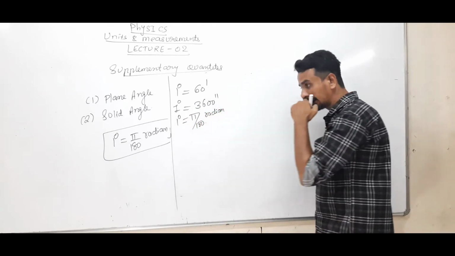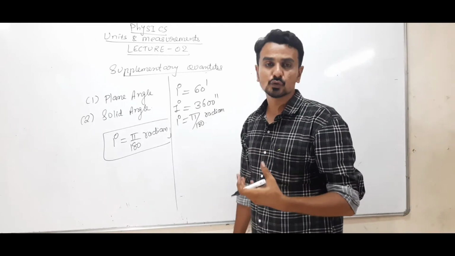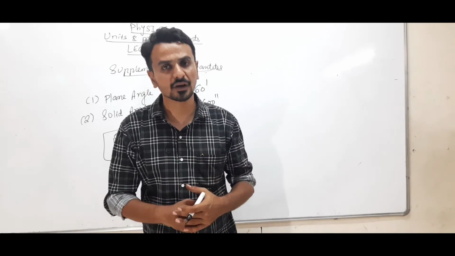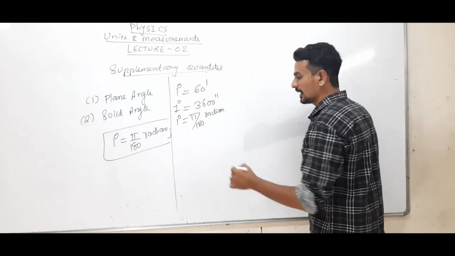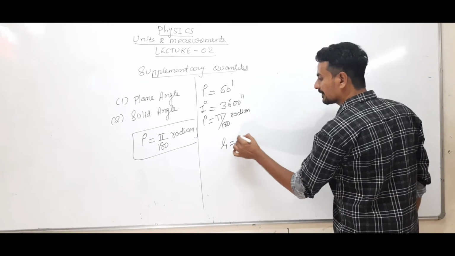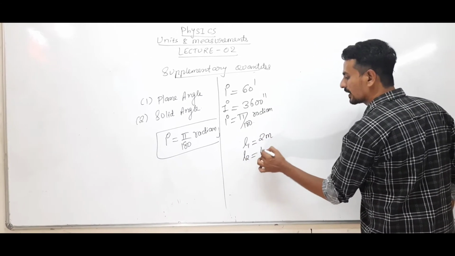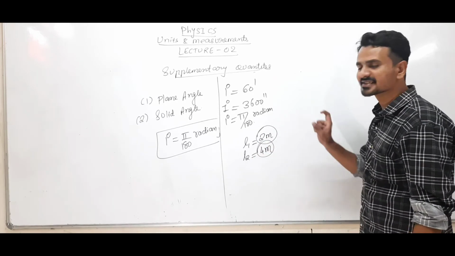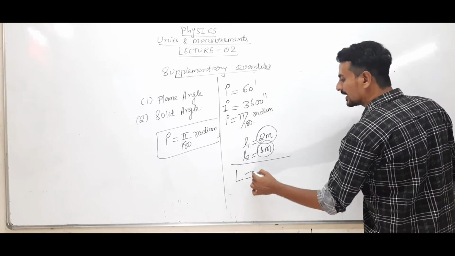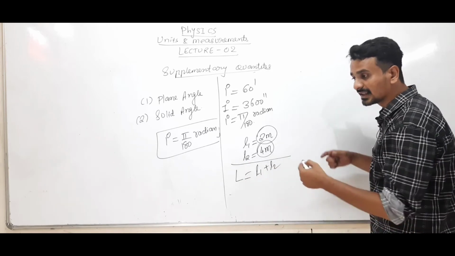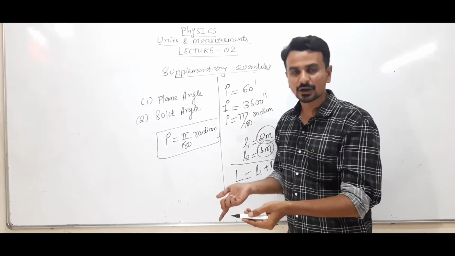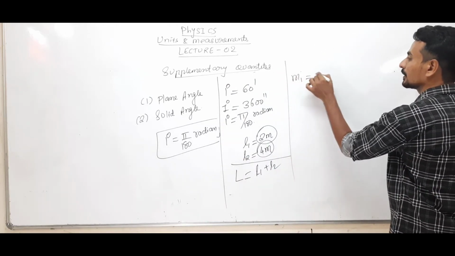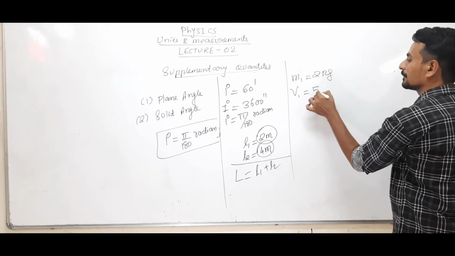One thing is sure: two physical quantities of the same units can only be added. If the length of one rod is 2 meter and the length of another rod is 4 meter, since both represent length, the total length will be L1 plus L2. With length you can add length. You cannot add mass with length. If a body has a mass of 2 kilogram and is moving with a velocity of 5 meter per second,